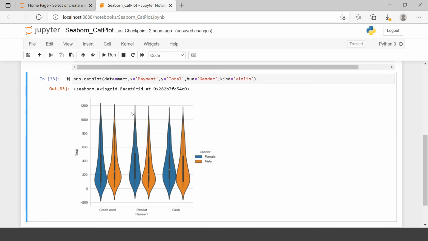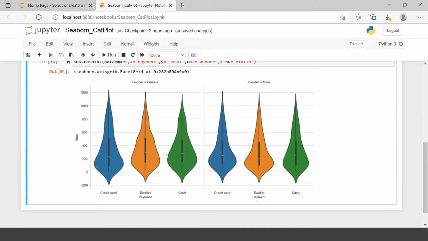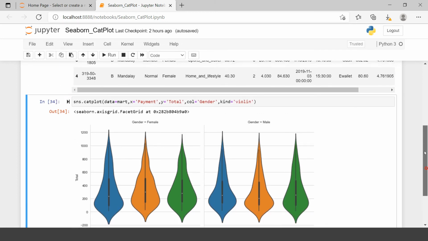Now what if I want to have the plot separate for male and female both? Then I can simply say col. Col means column. Let's run this. Here we have a separate plot for male and one for female. This one is for female, this one is for male.